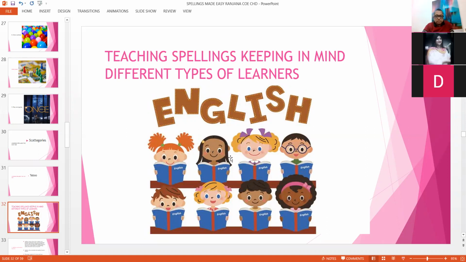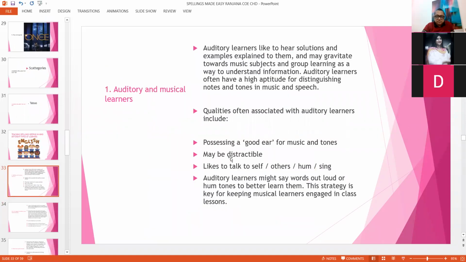Okay, so we do not categorize children in the class at all, right? That you should keep to yourself. We do not tell them that they belong to a different category. So if you have these kinds of enlisted activities with you, you can give two or three related ones every day. So you are in a way dealing with each type of learner, maybe different types of learners in your class, and all learners will have the kind of learning through which they can learn more, right?